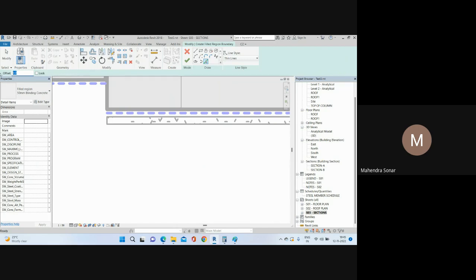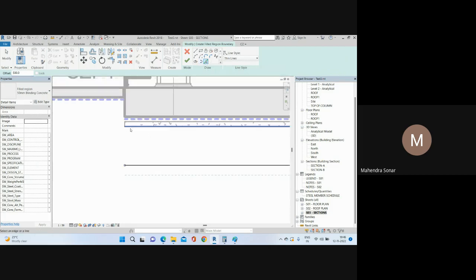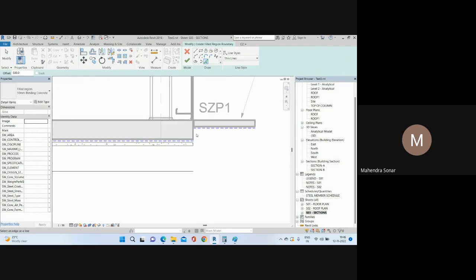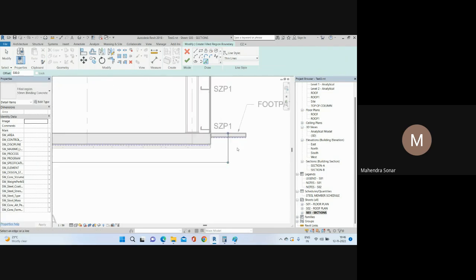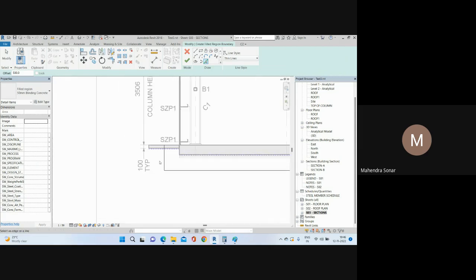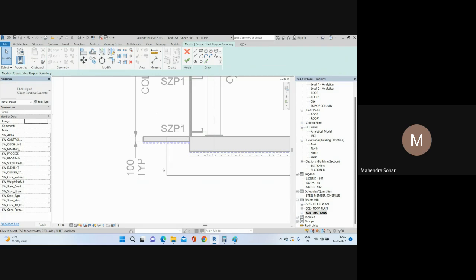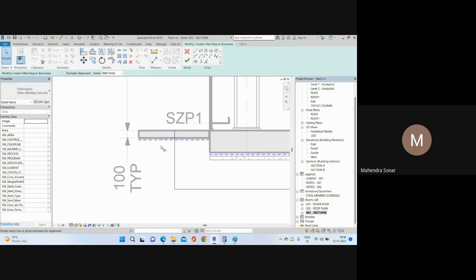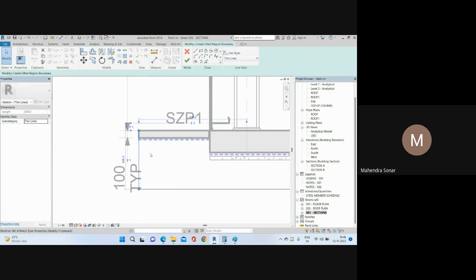Suppose my excavation depth is 500 below the concrete, so I add 500 here and select this bottom of the concrete, then the edge of the concrete, and similarly the edge of the concrete, right? Then after that, here we have the footpath, so you can just line the path edge up to here, and then after that you can give 300 minimum,